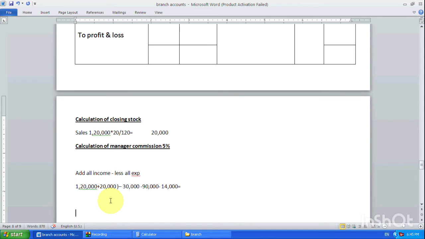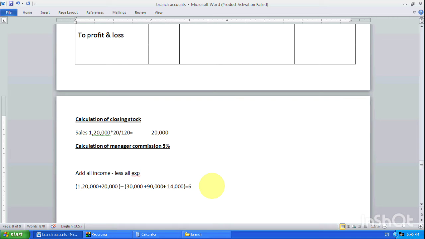So let's change this working note, let's write in bracket for better understanding. So 30,000 plus 9,000 plus 14,000. Right, here in place of minus we have to write plus, because minus we have already written in middle. Okay, so how much we are getting, we are getting 6,000 as a